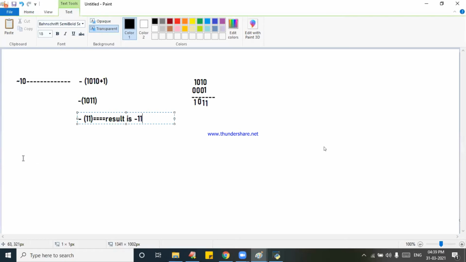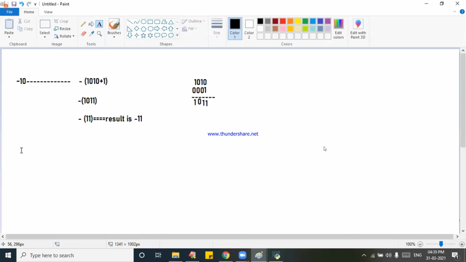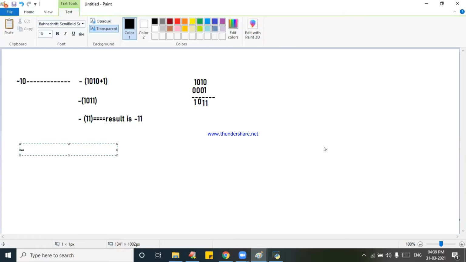In simple words, if anybody asks you tomorrow, complement of A is equal to minus of A plus 1. Now see, complement of 20 is equal to, happily you can write, minus of 20 plus 1, which is minus 21.